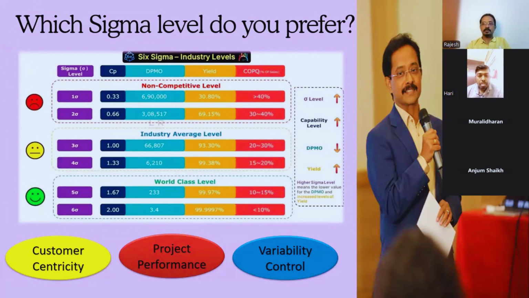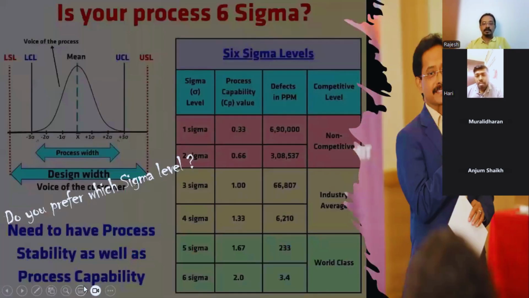Today we also asked a question: what is the Sigma level of the Air Force or air transport? We are not seeing any major accidents, so they will be around 7 to 8 or even more than that Sigma level. That's their operation model, and that's the way it's going on. We are trying to achieve the Six Sigma level, which is optimum.